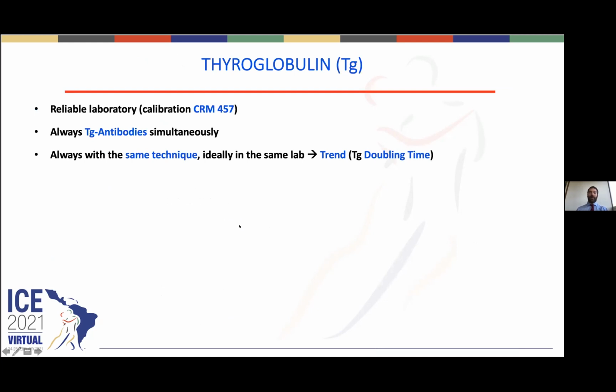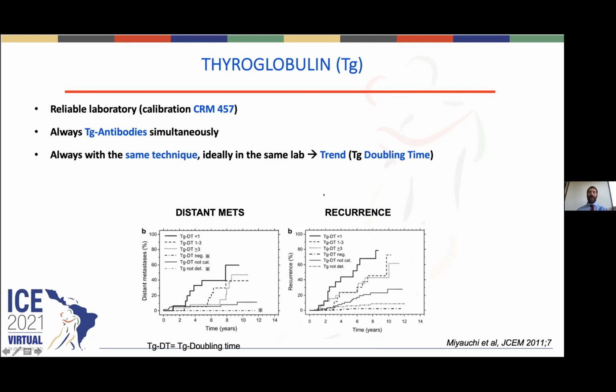Talking about thyroglobulin, it is important to measure it in a reliable laboratory. We have to always measure thyroglobulin antibodies at the same time, and we have to measure the thyroglobulin always with the same technique and ideally in the same lab. This is because in that way we can calculate the trend of thyroglobulin and the doubling time of the thyroglobulin